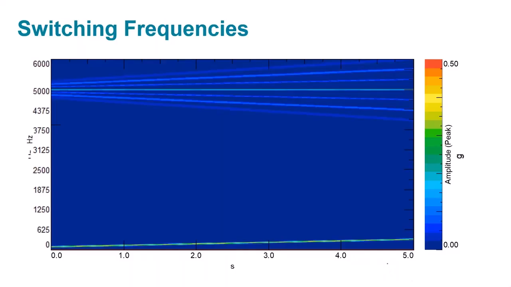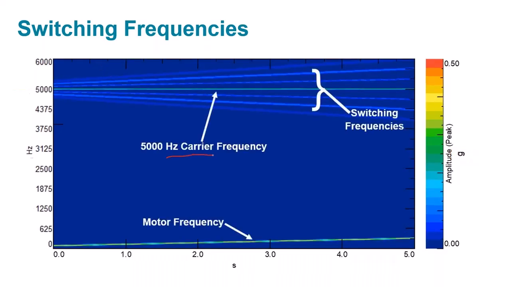Here I got some data. Where is the PWM signal showing up? This is what kind of data here? It's vibration. I see, I guess that carrier frequency of 5,000, and then, like you said, those harmonics as well. Yeah, we got a 5,000 hertz carrier frequency, and then we got these so-called switching frequencies that are harmonics. And the motor, it's increasing in speed.